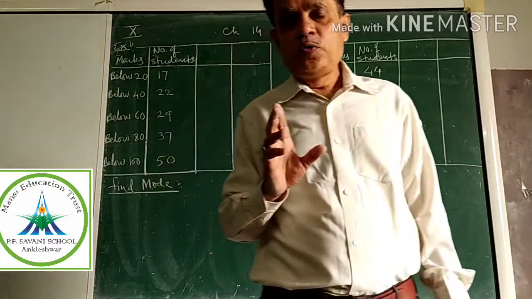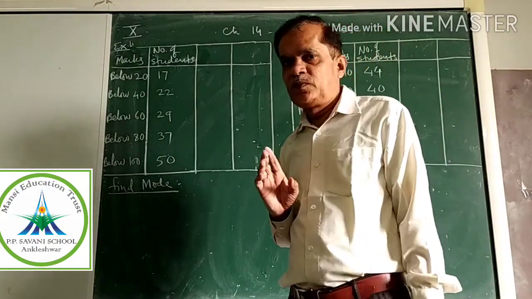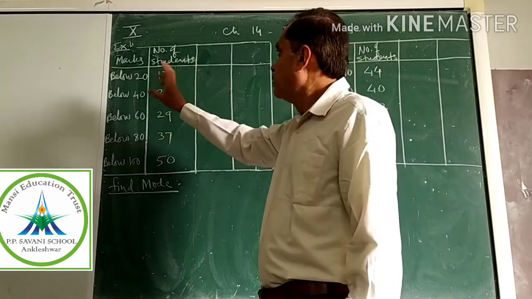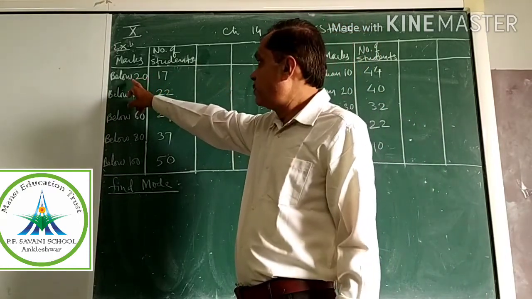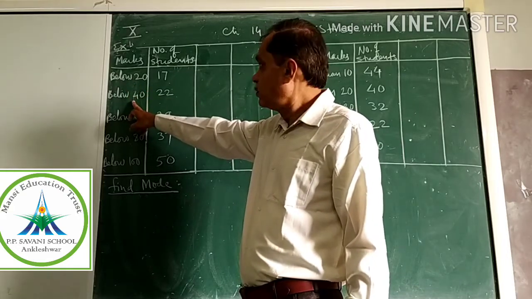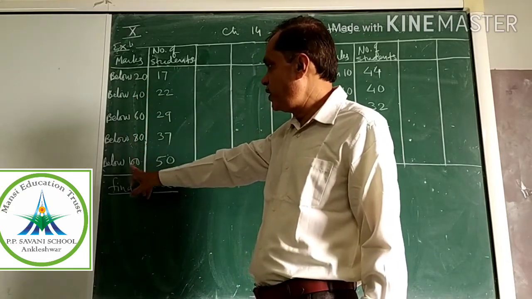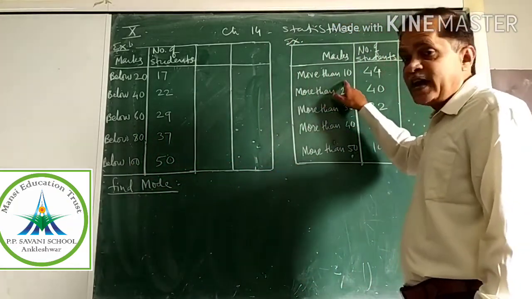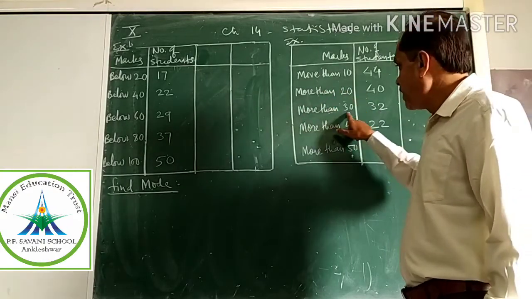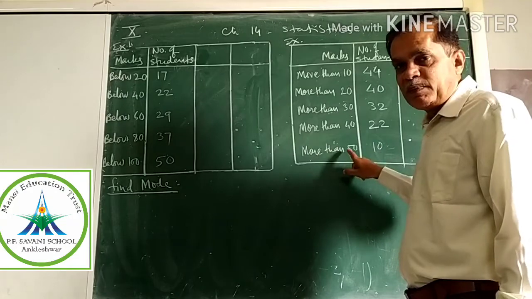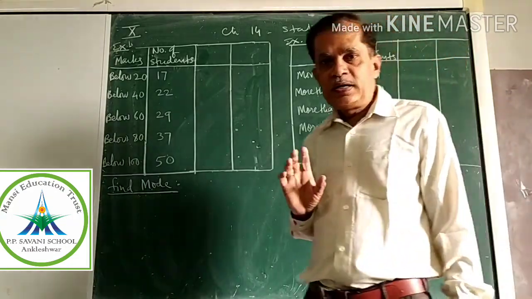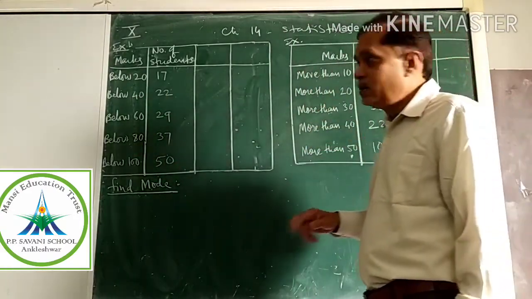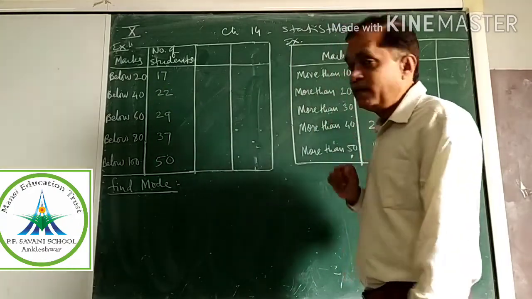In the previous video we discussed the banding mode when classes are given, right? Now see, some examples have data of the type below 20, below 40, below 60, below 80, below 100, right? Or sometimes you may get data like more than 10, more than 20, more than 30, more than 40, more than 50. Yes or no? Right? Now see, if data is like this, below or more than, or less than, or more than, then